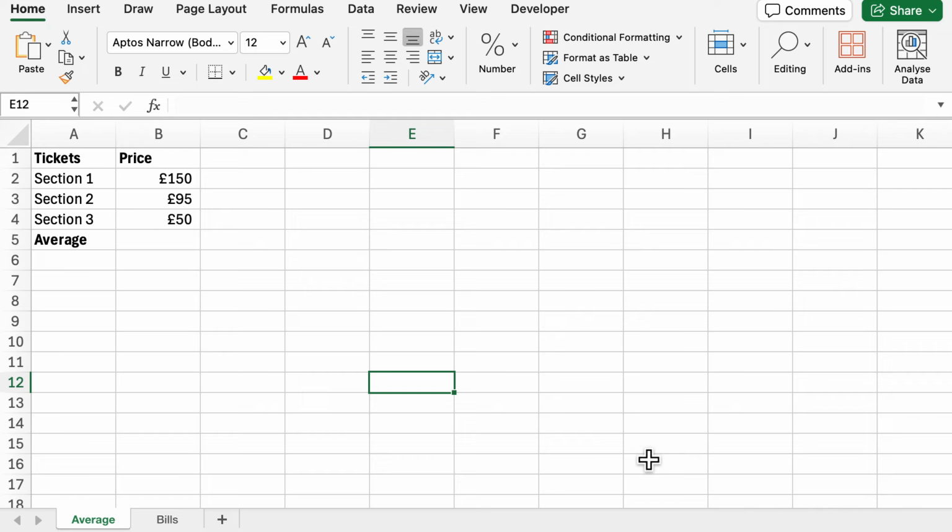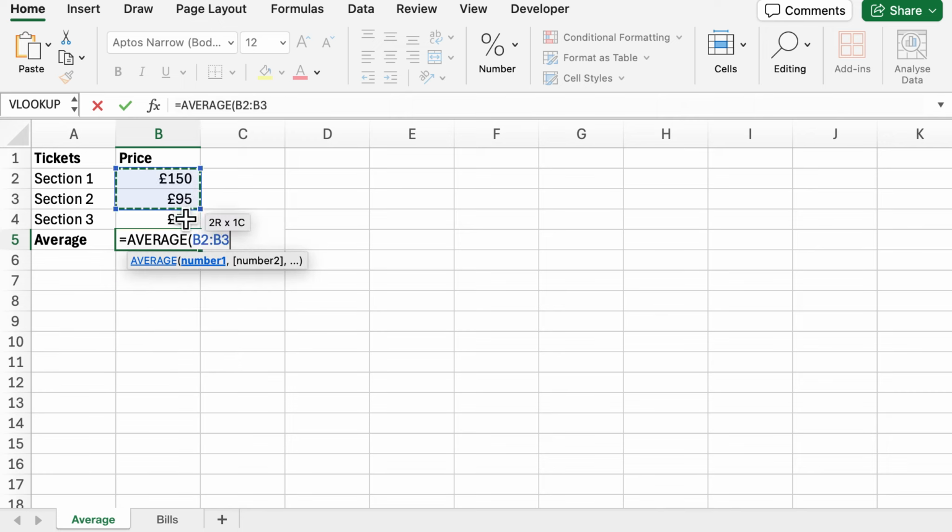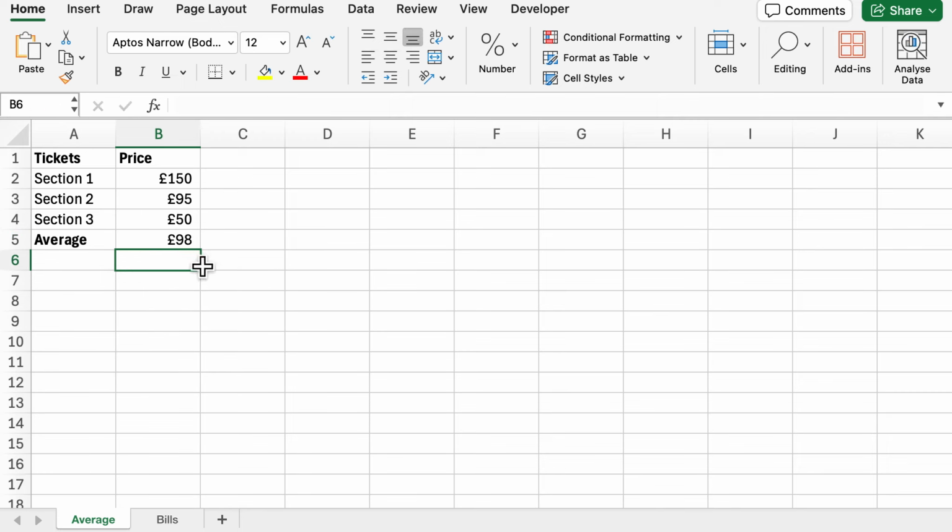price of the tickets. So what the average function will do is it will total this up, and then it will essentially divide it by the number of values that we've got. So for this it will be 3. So what I'm going to do is do equals and then average, and then select my 3 prices, and there we have £98 as the average for the prices for these particular tickets for this particular event or whatever it